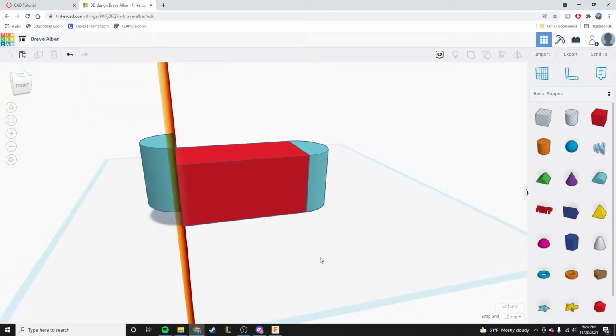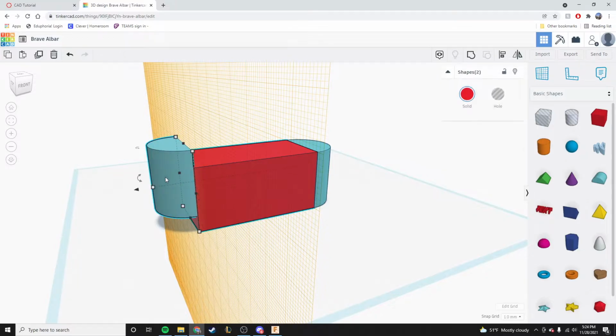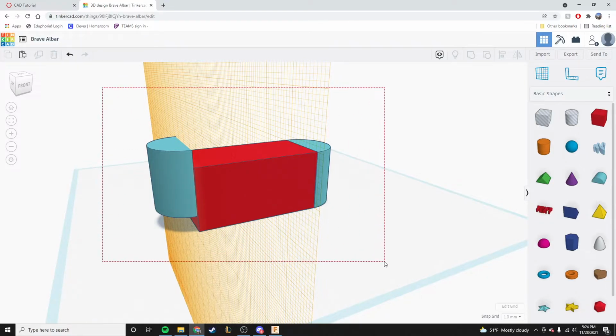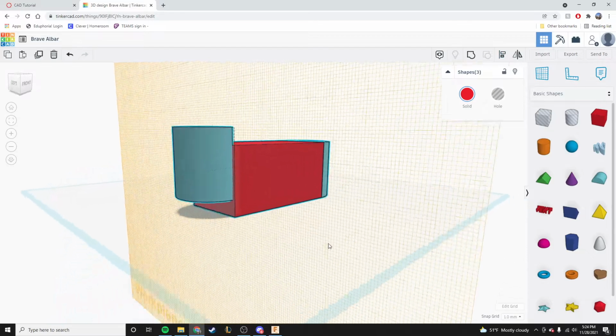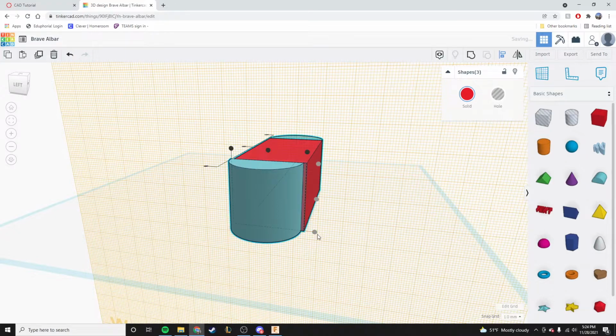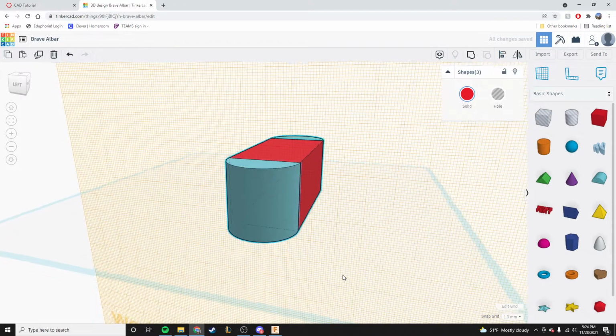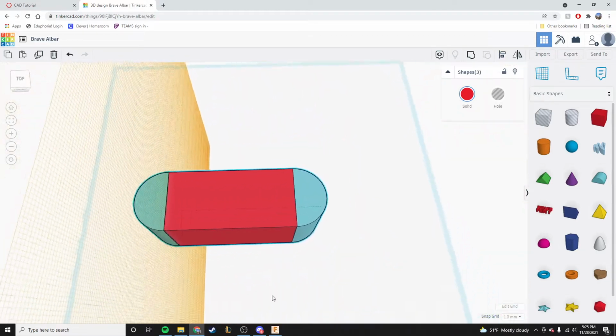And then again, we've got to get it lined up. So we can click on our red one, hold Shift and click on the gray one, or another way to do the same thing is to just click and drag and select everything all at once like that. Either way works, they both do the same thing. Once you've got them all selected, you'll click your Align tool again. Oops, my bad. Click your Align tool, and then we're going to line everything up with, let's go with this bottom left corner over here. We click the two dots to get everything to line up,